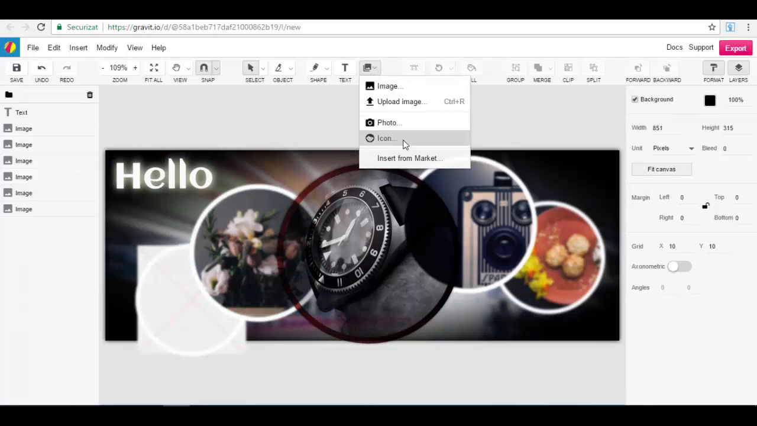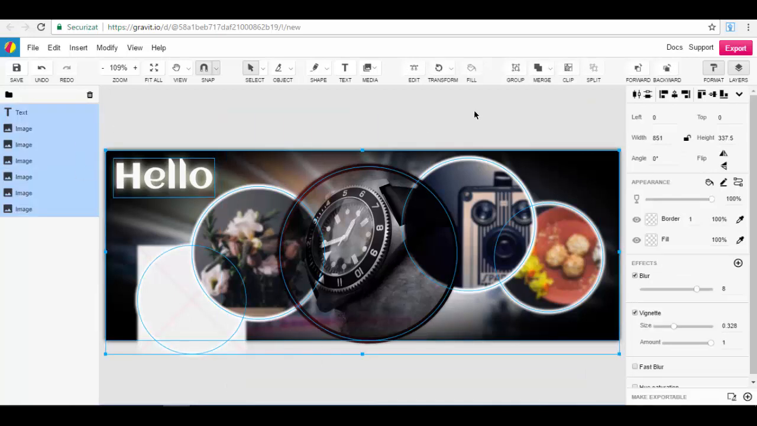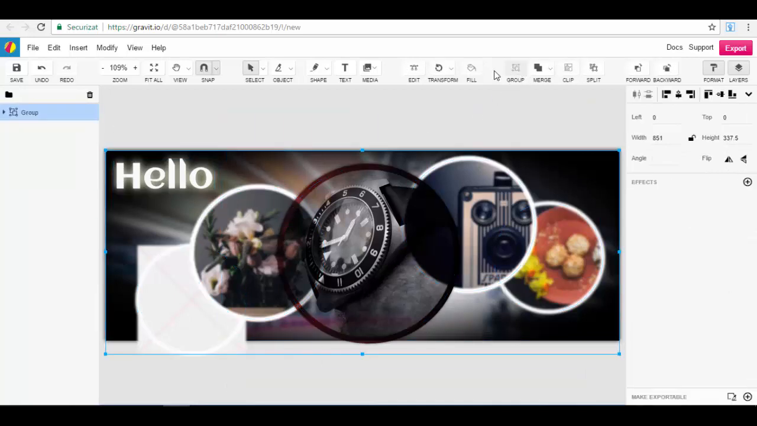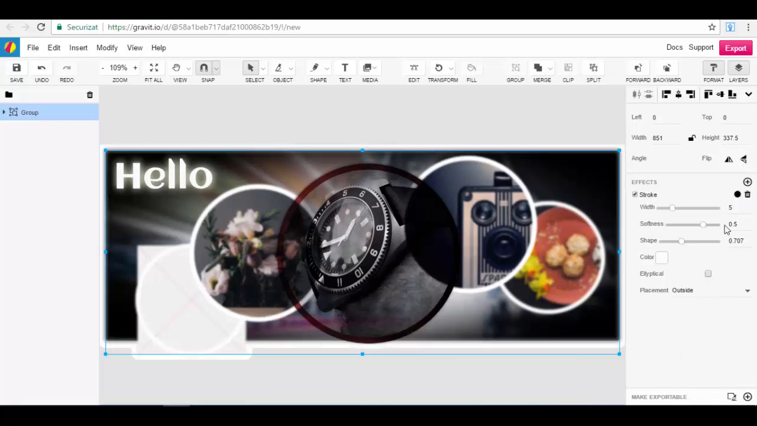Media, I showed you how to add an icon. You can upload your own images. So basically these are all the options that you have. You can create a group of elements that you can edit together. For example, I have selected here almost all the elements, I can group them all, and as you can see, it has created a single element, a whole group. So everything that I do right now, for example, if I want to add an effect, I will add it to the whole group. For example, like stroke,